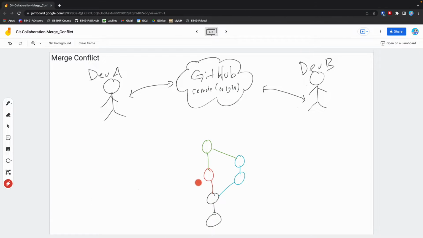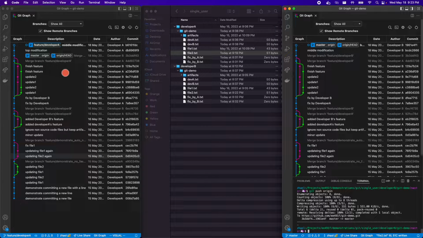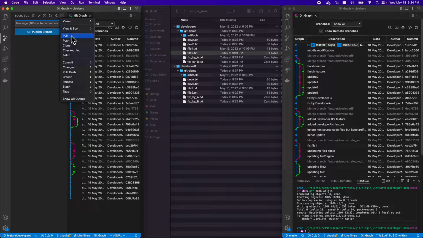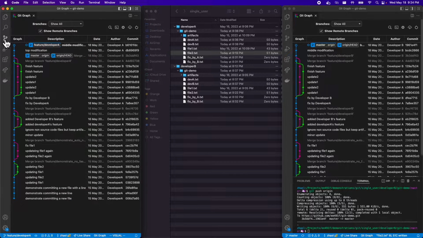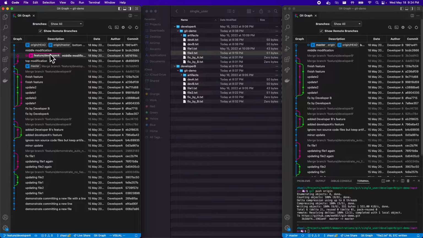Okay, so dev B just did this part where dev B made a change to the same file in the same location. And now dev A is going to do this merge here and experience the merge conflict. Okay, so again, before dev A merges, always make sure you're on the latest. Let's fetch it here. And you'll see the change on master. So let's check out to master